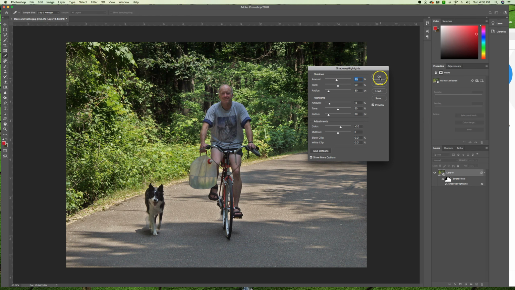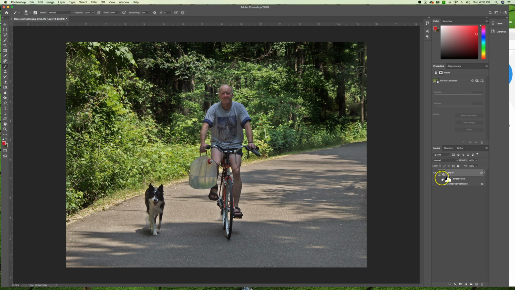I can change my mind, say okay, or if I think, I don't know why I did this, I don't know why I put masking on. If I wanted this to go back to be all white, as long as I have it highlighted, I can switch my foreground color to white. So I can click on these double arrows, and the putsy way would be to color in here with white, and we could get it all back. The faster way would just be to fill with your foreground color,